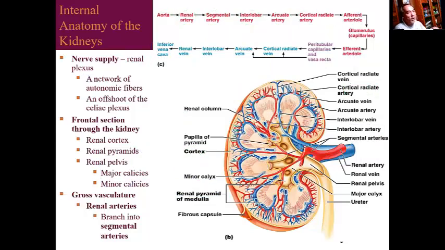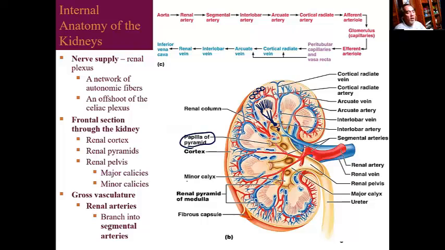Okay, so if you take a look at those blood vessels right here, called the cortical radiate arteries, the blood vessel will then filter the waste products into the tubules of the kidney. So all these tubules will actually carry the microscopic drops of urine. All these renal tubules are happening here at the renal pyramid. Now, that tubule is going to actually drain into collecting ducts. Okay. And then from the tip of those collecting ducts, that is called the renal papillae or the papillae of the pyramid. And then from there, it's going to drain into the